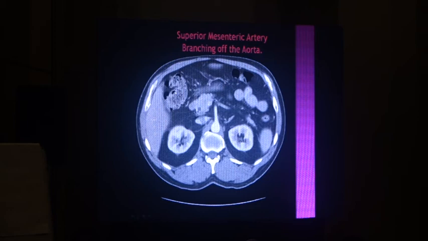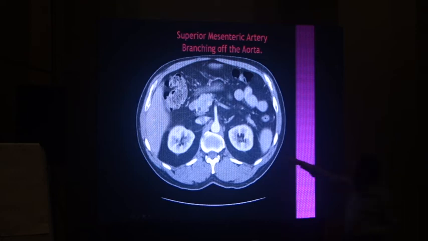Yes. Basically this is the right colon, could be the ascending colon, part of the ascending colon. We can see the fecolith as well as the gas inside the lumen of the colon. What is this structure? Small gut, yes.